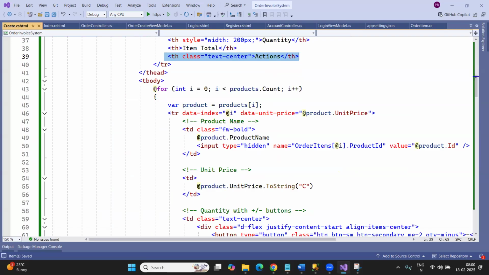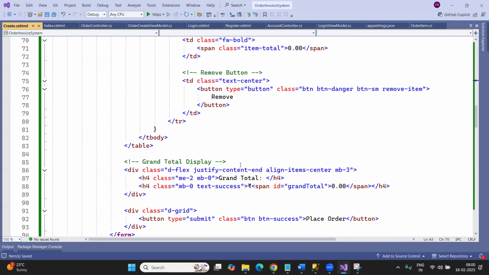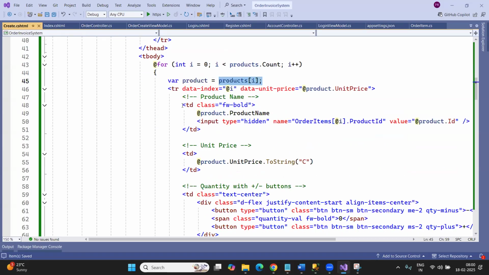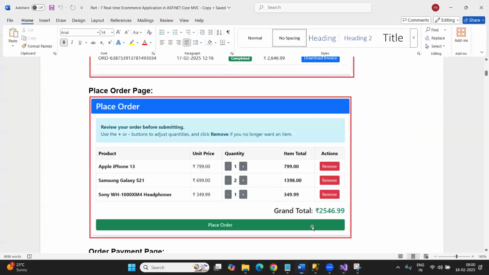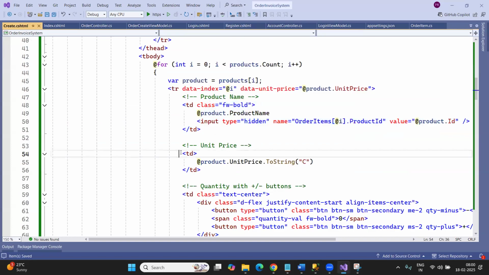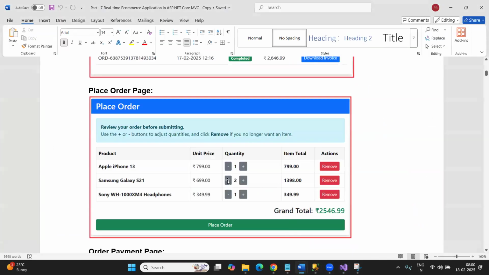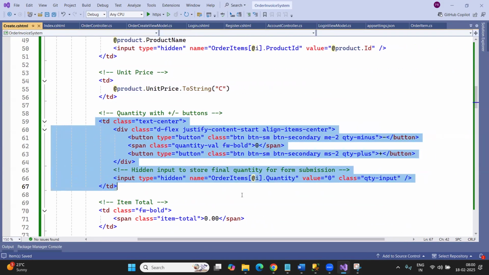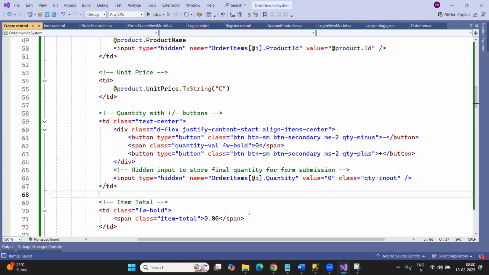And here it is using a foreach loop to display the buttons. So all the buttons that it is going to display. Variable products of I, that means the first element, right? It is displaying the product name. You can see this is going to my product name, and then whatever the unit price, the second one, you can see this is going to my unit price. The third one is here, you can see this is the third one. So in the third section, I'm going to have,